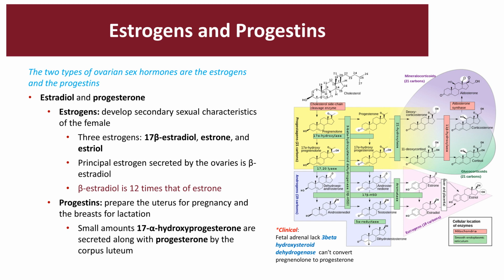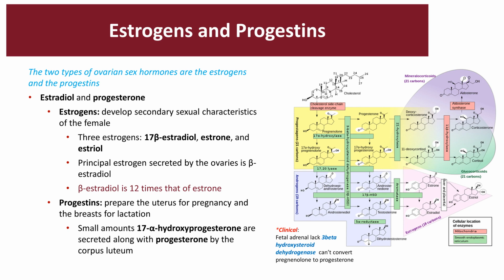By far the most important progestin is progesterone. Small amounts of another progestin, also known as 17-alpha hydroxyprogesterone, are also secreted along with progesterone and essentially have the same effects. The main function is to get the uterus ready for implantation. Progesterone is also secreted in significant amounts during the later half of the ovarian cycle,